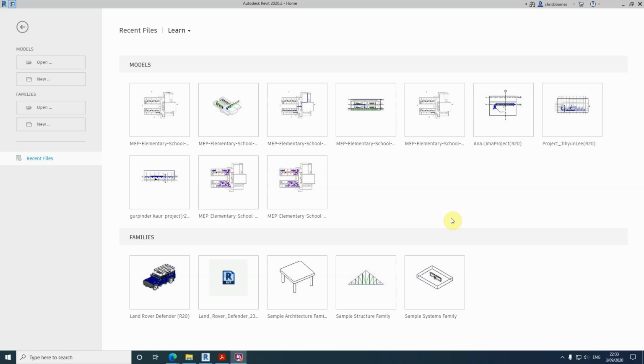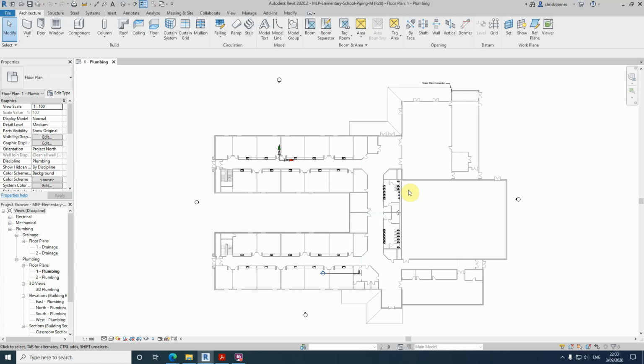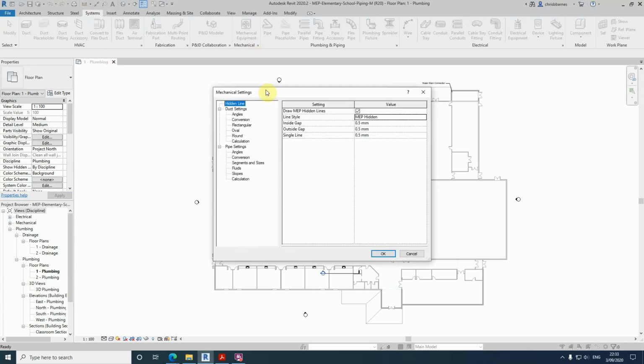In this practice video I'm going to show you an example of adding plumbing pipes. So let's start off by opening up our project. First thing we need to do is go into our settings, mechanical settings, and check a few things out. So Systems tab, Mechanical Settings,